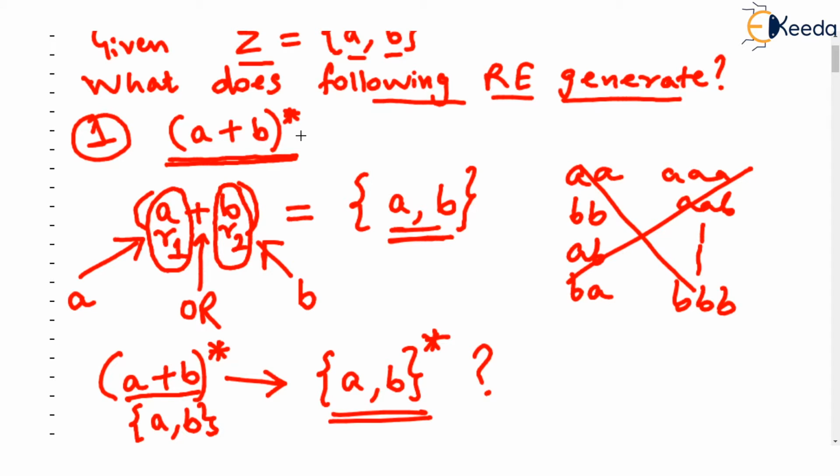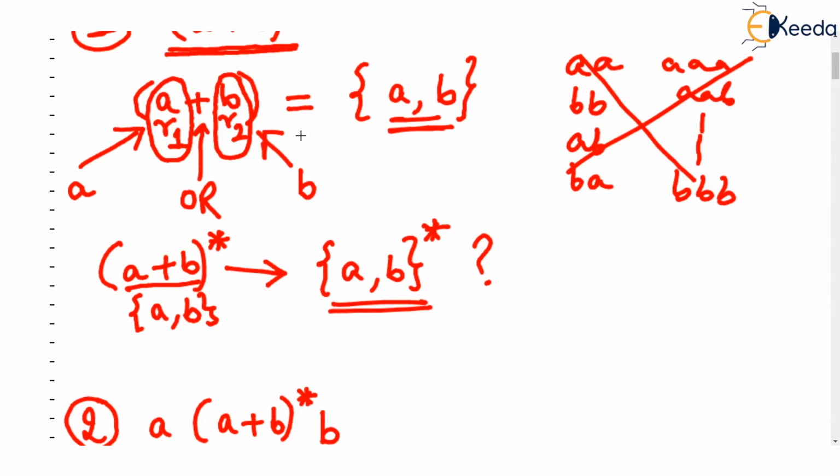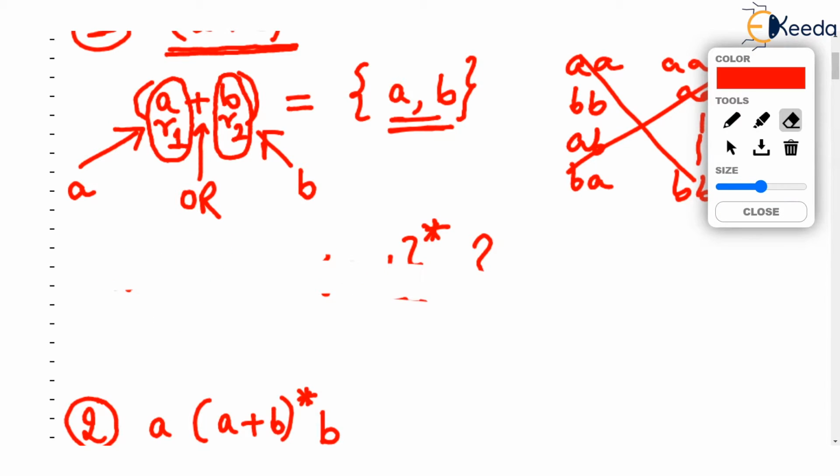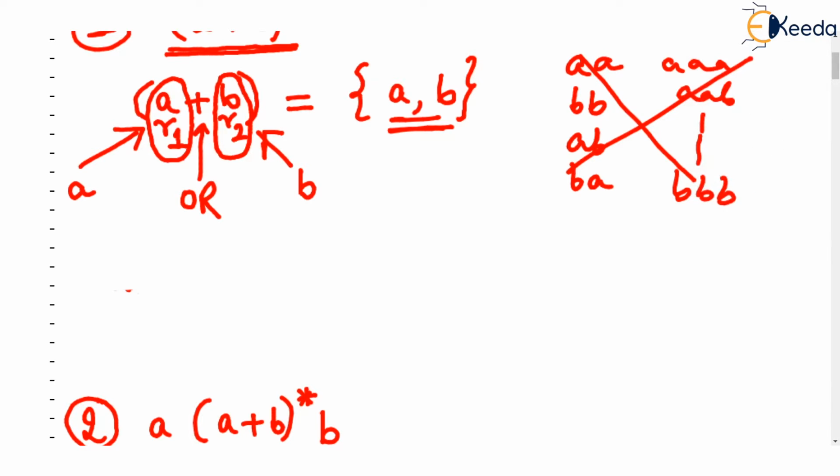Now that's very important. This is a set. {a, b} is basically the elements of a set, and we are finding the closure. So let's see, how do you find the closure of {a, b}? We are finding the closure of {a, b} as a set, isn't it? So if you want to find the closure of {a, b}, then you have to find {a, b} raised to 0.